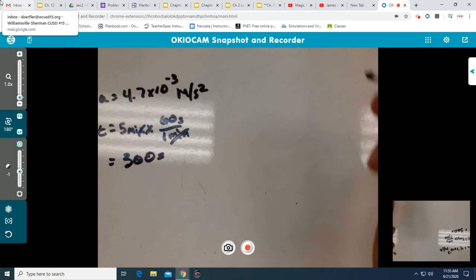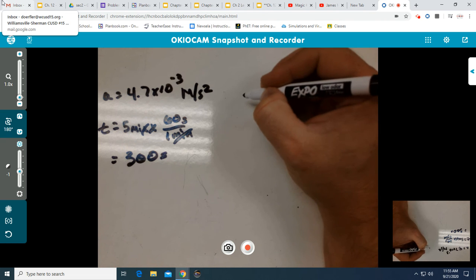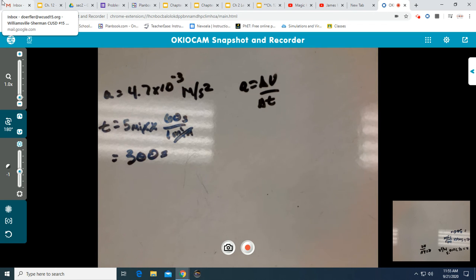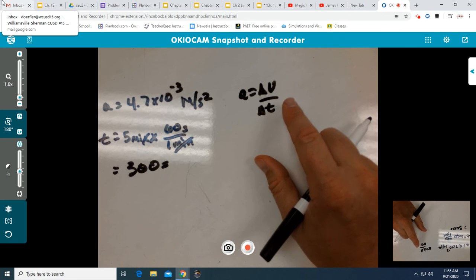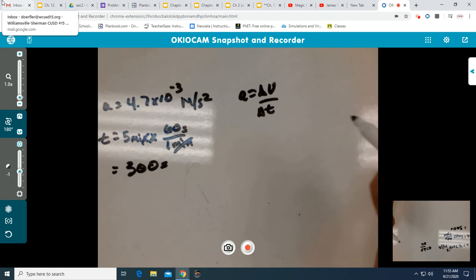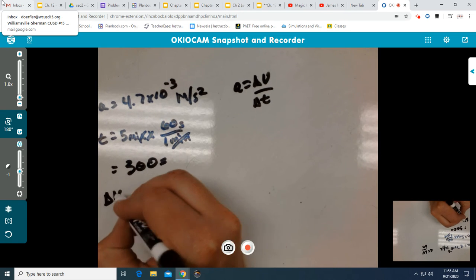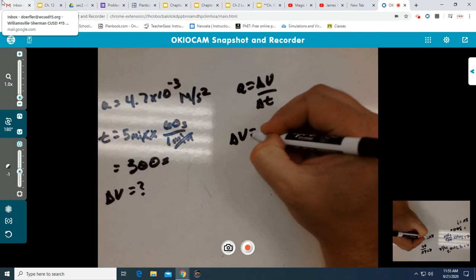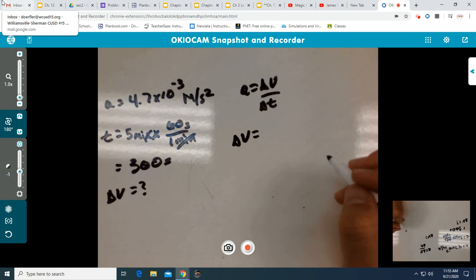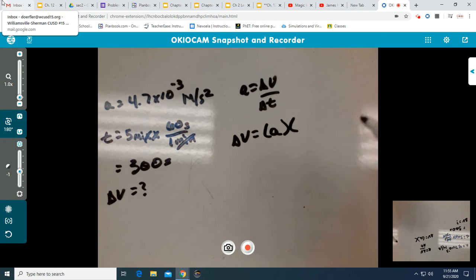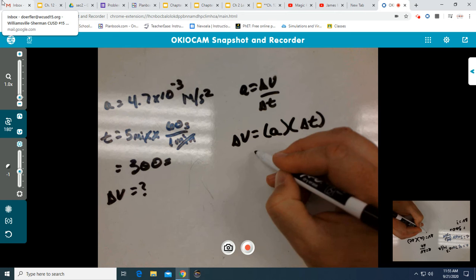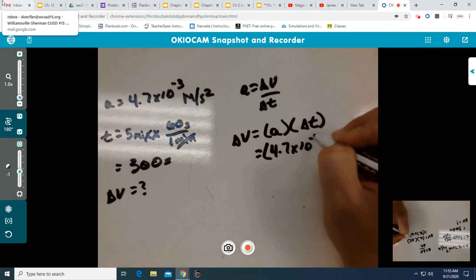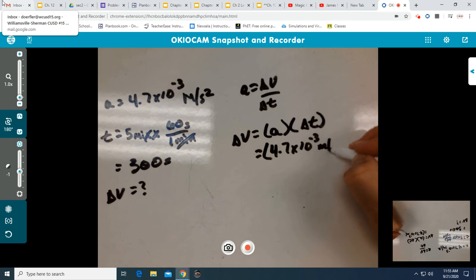So let's do some math here. Looking at our very general formula, we get a equals delta v over delta t. We are trying to solve for delta v. So delta v is going to equal acceleration multiplied by delta t. And so we get 4.7 times 10 to the negative third meters per second squared